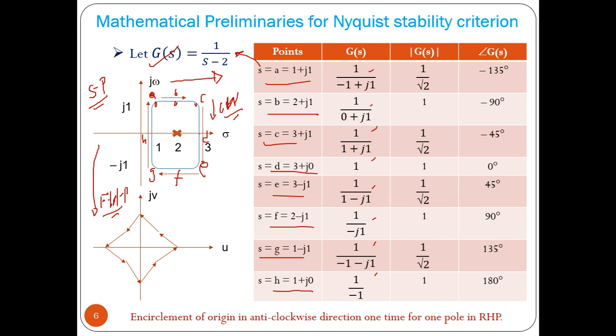Fine. Now we can find out the magnitude. That we know how to find out. Magnitude is the square root of the real part squared plus the imaginary part squared. So it will be 1 divided by the root of 1 squared plus 1 squared, that is root 2. And the angle we can find out. This is of the form minus a plus jb. So here it is the point.